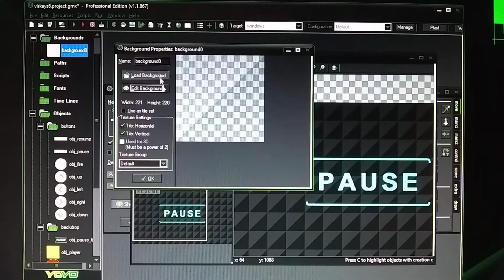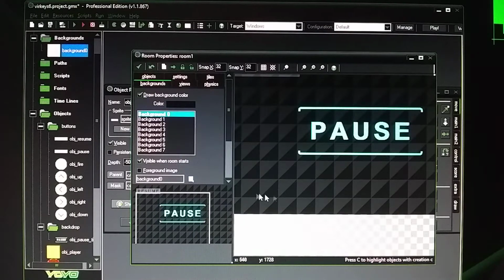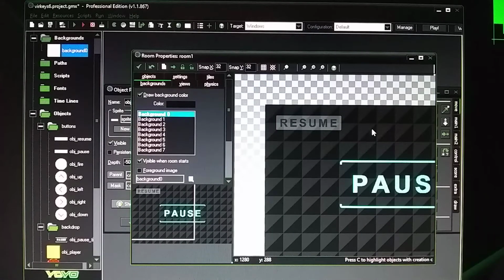Alright, and then I just went to background and I clicked on that, and it automatically did all these extra images, which is what I wanted. So you don't have to make a big image for a background. You can just use one small square image, and then